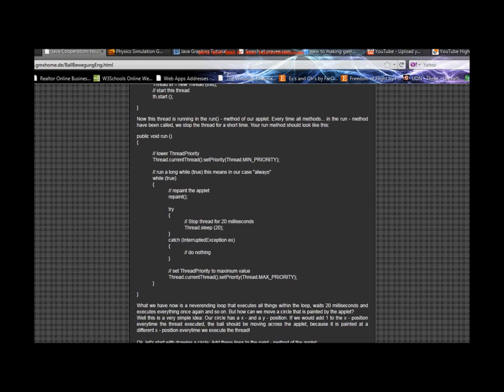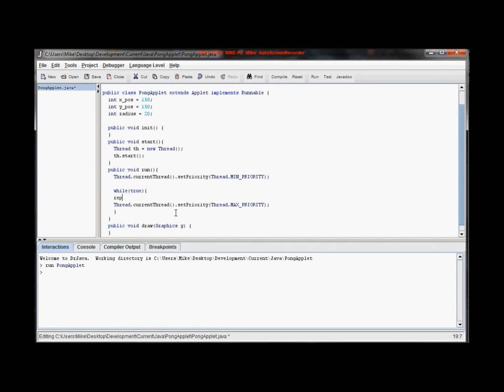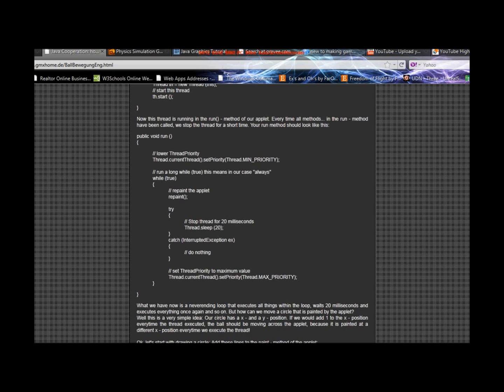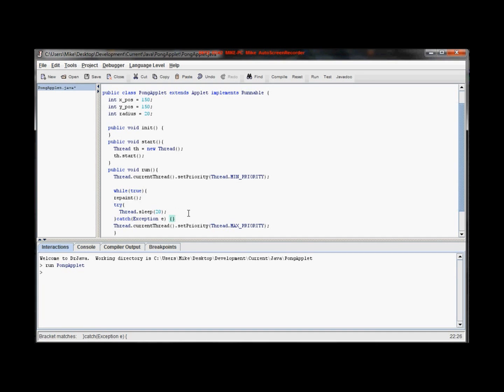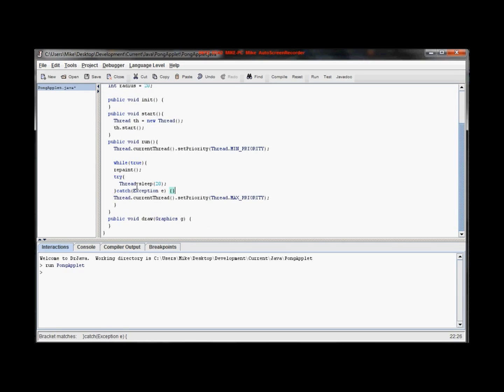And what were we doing? Okay, repaint, then we try, and so on. Try was a thread.sleep, 20. Okay, and then we set our prioritization. Exactly. Okay, so basically what this does is